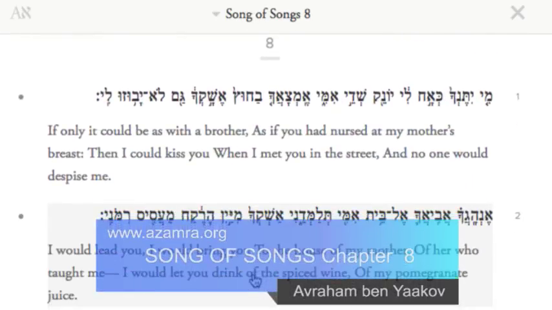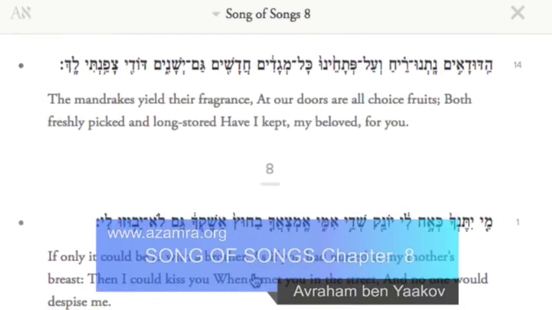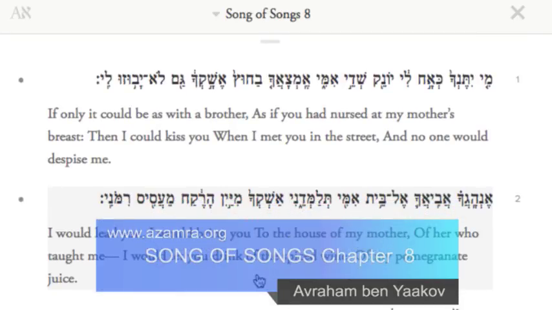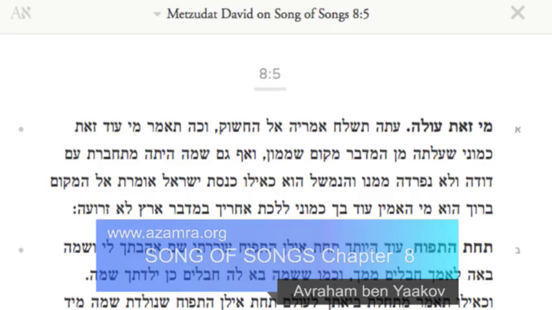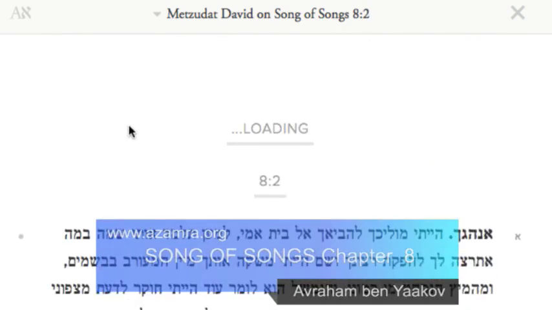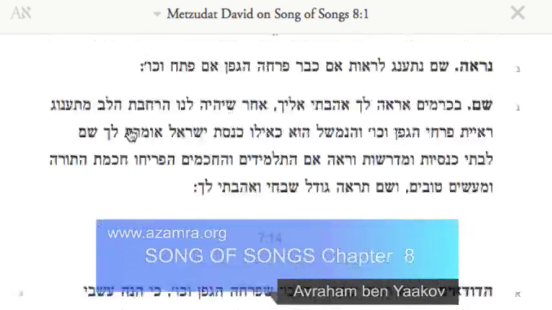So it's this conclusion of chapter 7, and now moving on to chapter 8, verse 1. Mitenecho ka'achli yonek shtei imi emsoacho v'chutz eshokcho gam lo yuvuzuli. We'd already studied the Metzudat David on this verse when he had